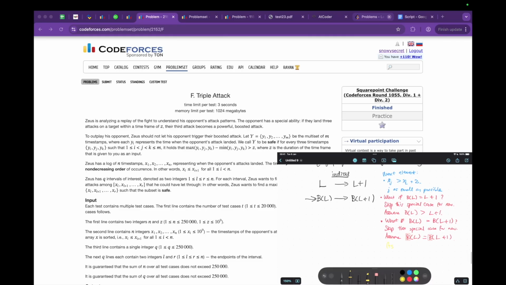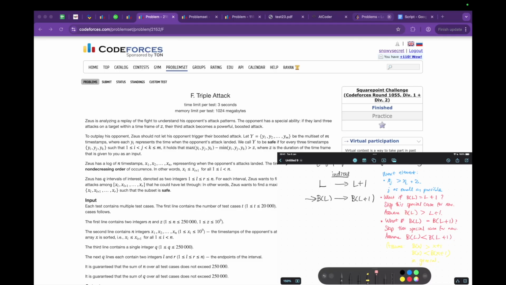So assume BL is smaller than BL plus 1, and assume Bx is smaller than Bx plus 1 in general. Okay, so if we have these two assumptions in mind, then how would the sequence continue? This sequence would continue as follows. So after the two elements BL and BL plus 1,